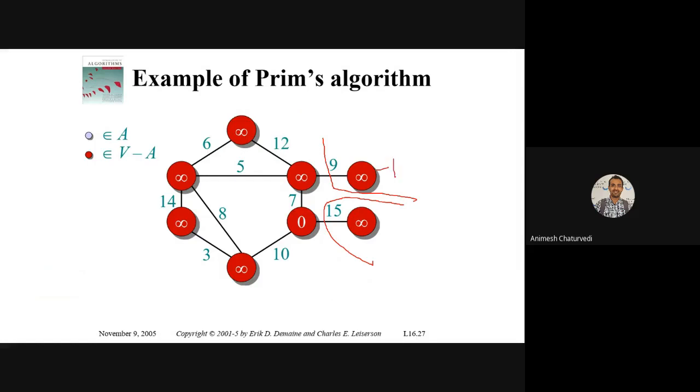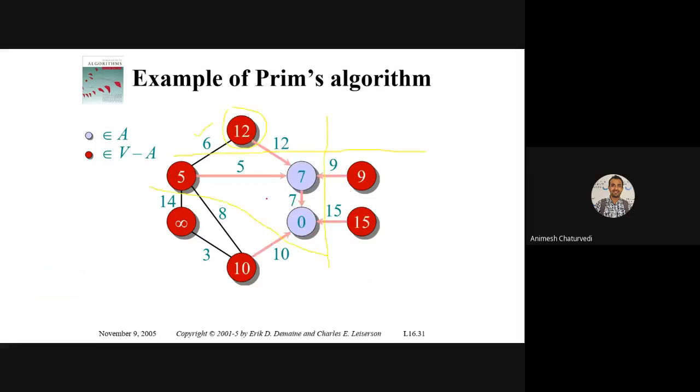Because this is a pendant vertex, and this is a pendant edge. So a pendant edge and pendant vertex must be part of any spanning tree. So you have this 9 and 15 must be part of it.